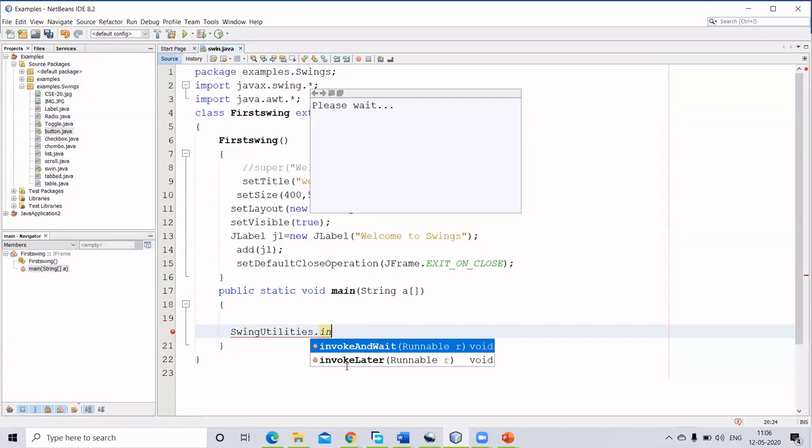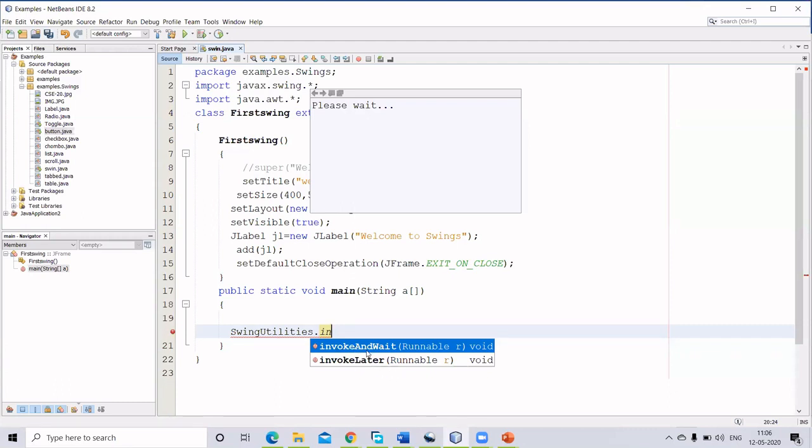So what is meant by invokeLater and invokeAndWait? InvokeLater means it will take this Swing application, add it to the queue in the existing thread, and come back and do the other work. The thread will come back to the original process and take another task and do it until that thread comes to the execution part. If you imagine that there are 10 threads in the queue, and this is the 10th thread, this 10th thread will be placed in the queue and the control will come back to the original process and take another thread. Any operation there will be taken care of and processed until the thread placed on the queue comes to the execution part. So that is called invokeLater.